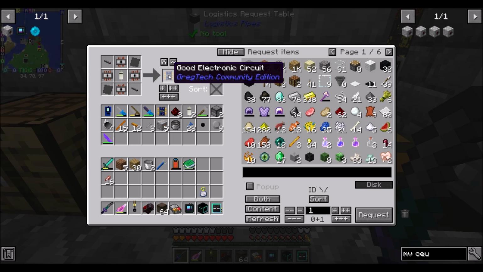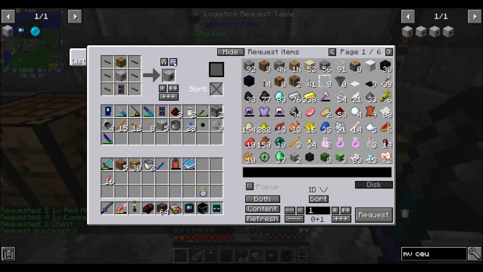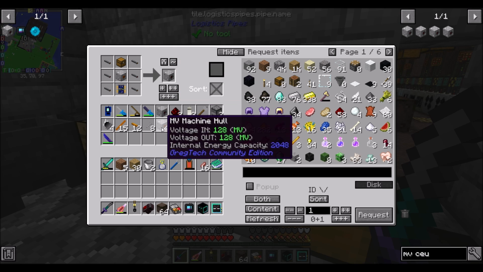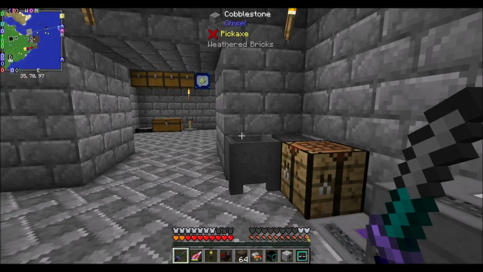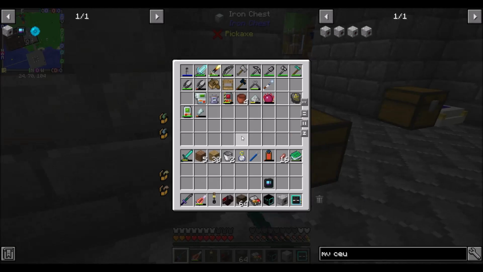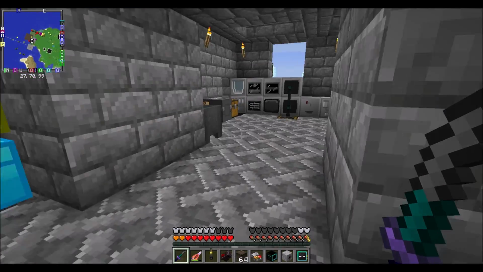Are you ready to craft? You are. Good job. Cool, and now we got all those requests, so back in a minute when that's complete. And that's an MVCEU, so that's RF thingies for us, right? So let's do a little bit of cleanup. You can go away for the time being, and all the exploding chunk stuff